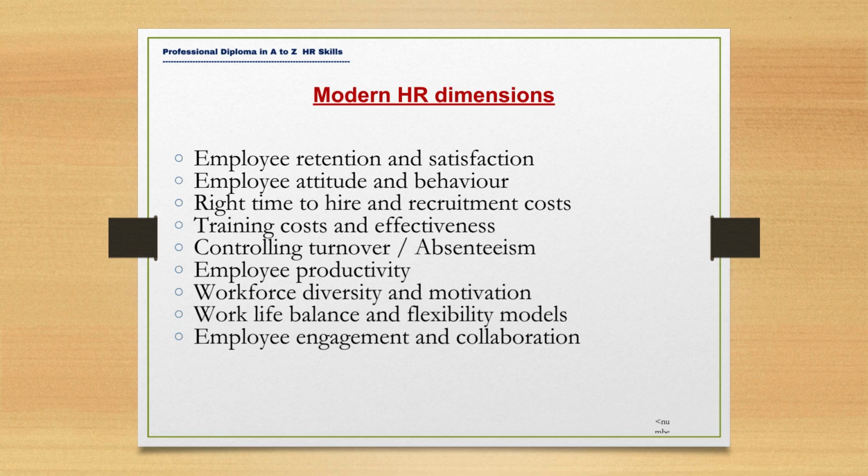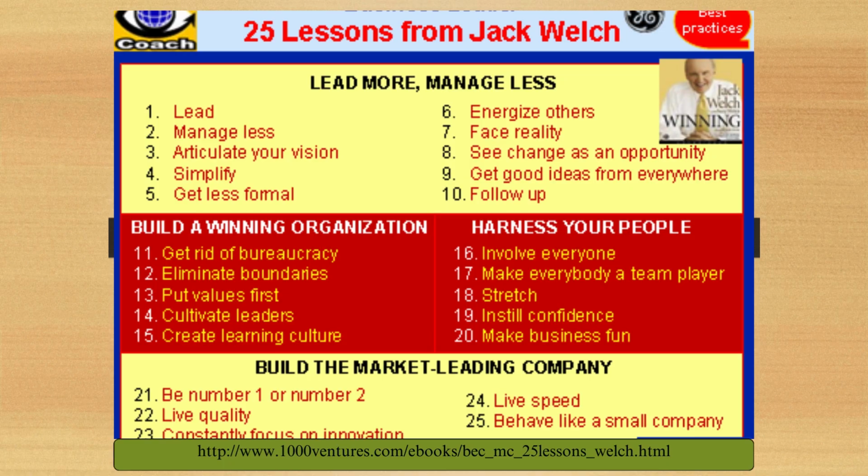And what is within these specific things? If I go to the next slide, you will see this is very common. I have taken it from the Jack Welch book, and I have put that reference. It's a very common book you can find on search engines. It's about winning, where this gentleman, Jack Welch, gave these 25 points. These are the real dimensions in the organization that we need to work on and adopt. Quite a few things I have talked about in the previous slide, but these are the things.